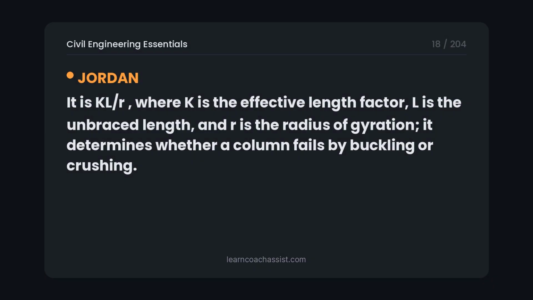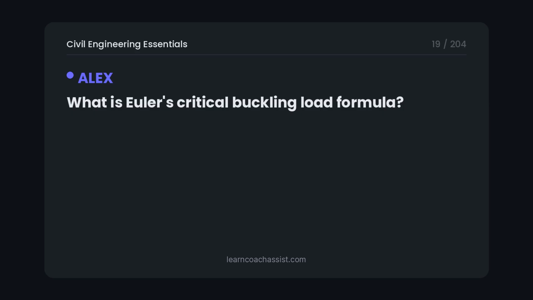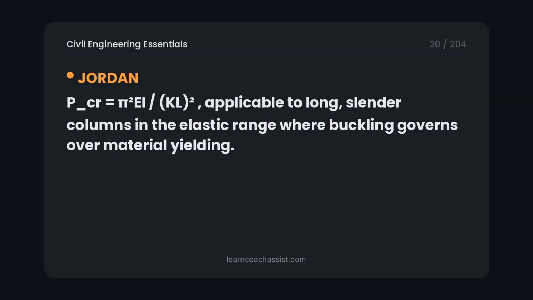It is KL/r, where K is the effective length factor, L is the unbraced length, and r is the radius of gyration. It determines whether a column fails by buckling or crushing. What is Euler's critical buckling load formula? P_cr equals pi squared EI/(KL) squared, applicable to long, slender columns